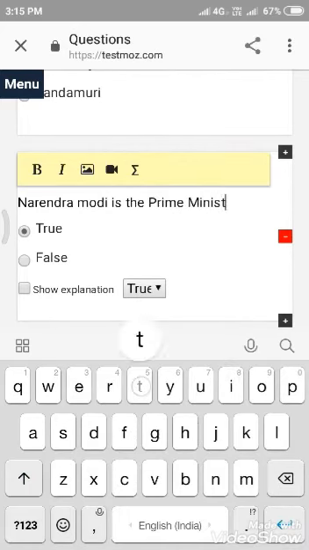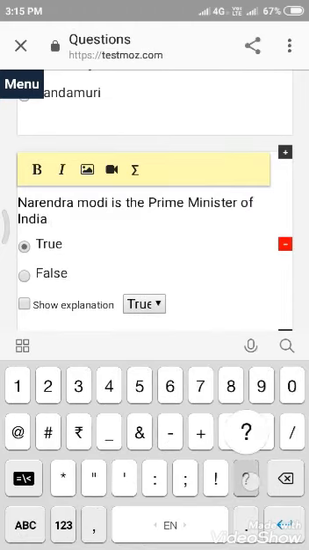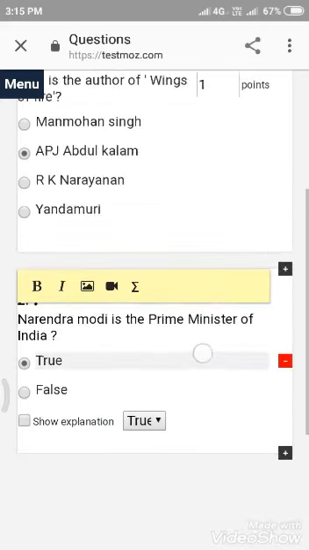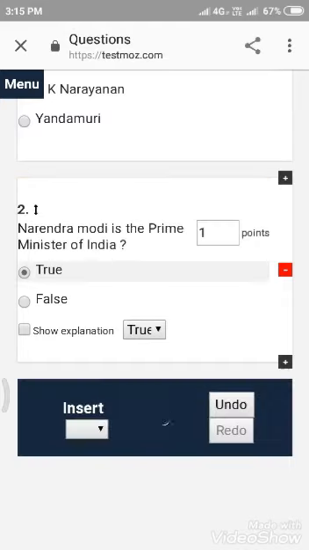This is for these boxes. Narendra Modi is the Prime Minister of India. True or false? Right, the answer is true. Okay, these two questions I have taken for this demo test. Okay, now